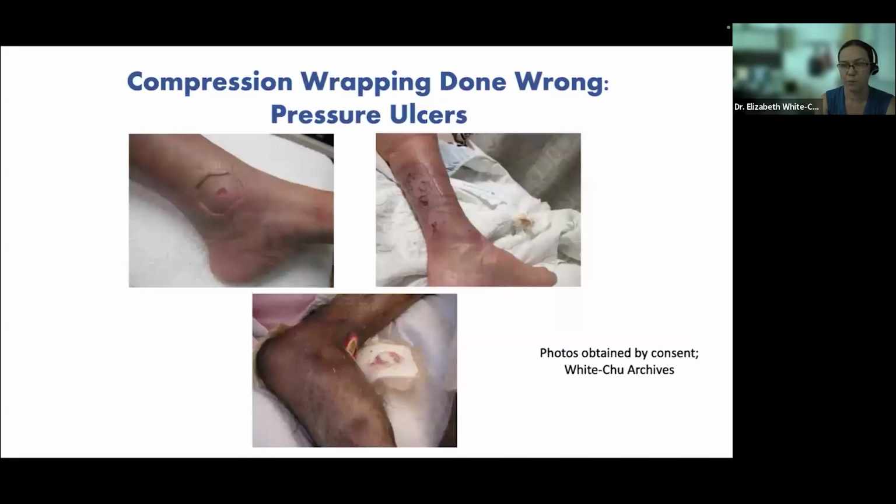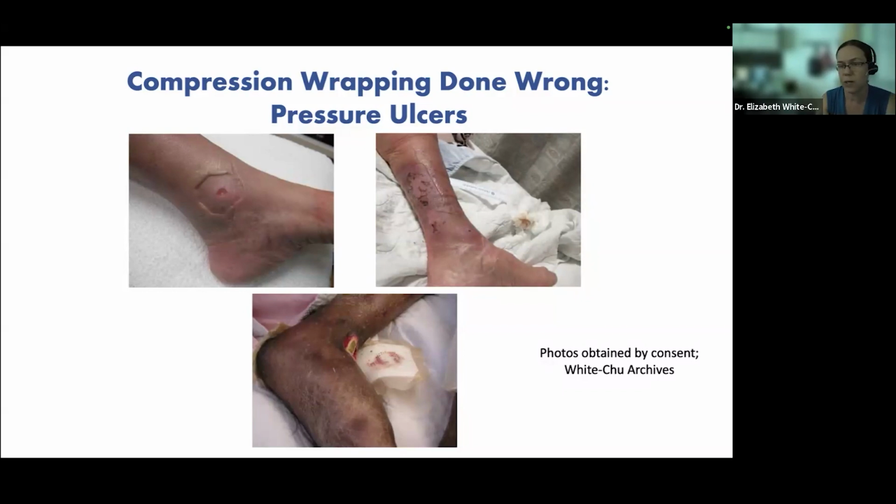Yeah, really good point. And then here is where you can get pressure ulcers, pressure injuries, if a compression wrapping is done wrong. In the upper left-hand corner, those malleoli will need to be protected. Sometimes what I'll do, again thinking of Laplace's law, is increase the diameter by padding it up with ABD pads. And so you're reducing the pressure that's going to be directly on that area, and trying to redistribute it a little bit better.